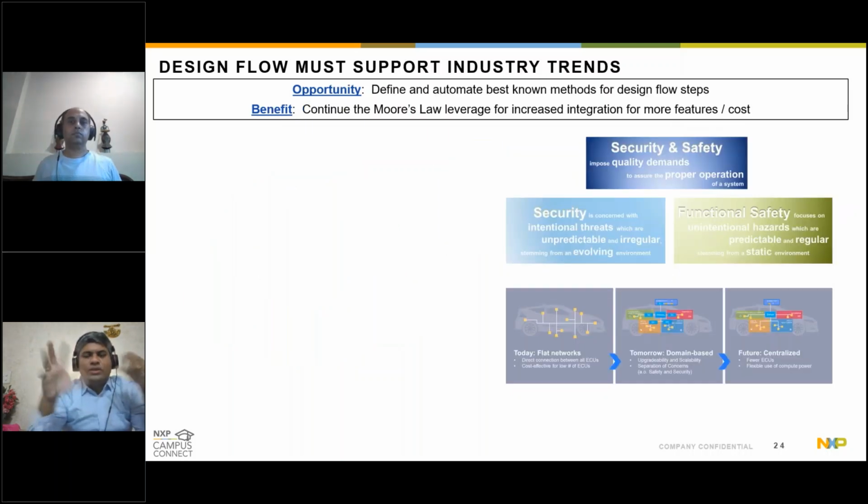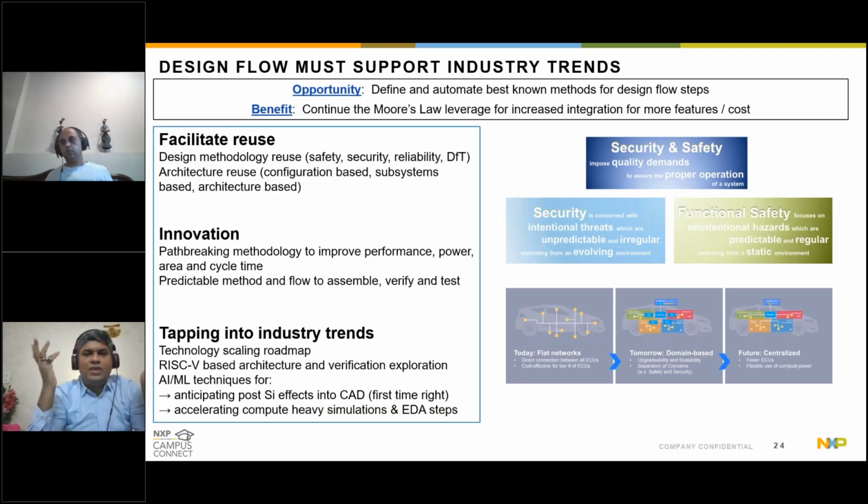Then the new trends. What are the new trends? I talked about safety and security. I will not spend more time here because each of these are 2-hour sessions, right, on safety and security. But you should be aware that you just cannot be fanciful about doing a design. You have to be fanciful about doing a design which works in all these contexts, whether they are safe, they are secure. Are you able to make designs which are reusable? In the end, you have to make designs which are for the industry in the right time to market. So are your designs reusable? Are your design methodologies reusable? Do you have enough innovation to make path-breaking methodologies for the greatest PPA?